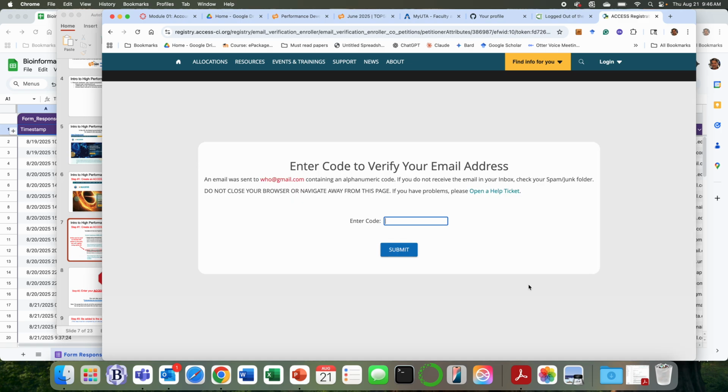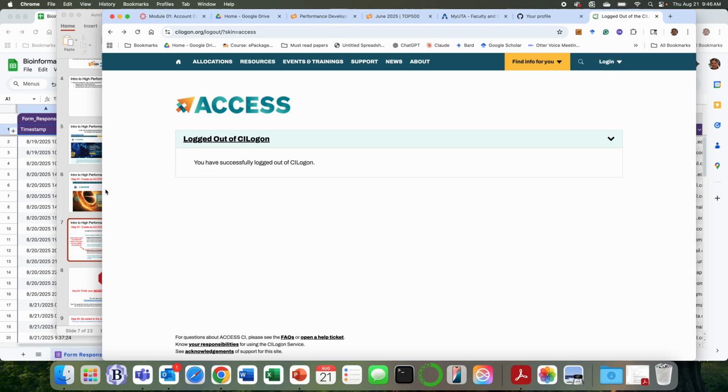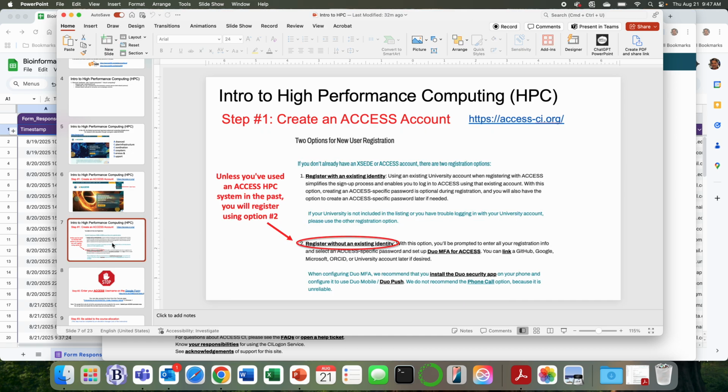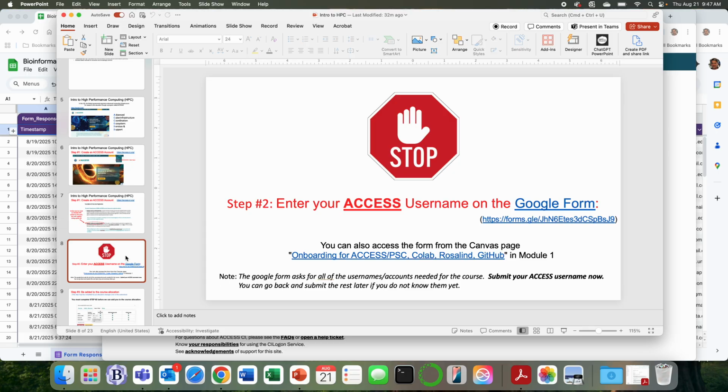Like I said, this gets into the territory where I can't see exactly what you see. But hopefully either your LinkedIn is in there, or there's a place to type it, or you don't need it. The little red asterisks are for the required info. So if it's not required, then maybe you can get by without it. Okay, so here's the stop sign. Once you have that access username, you should